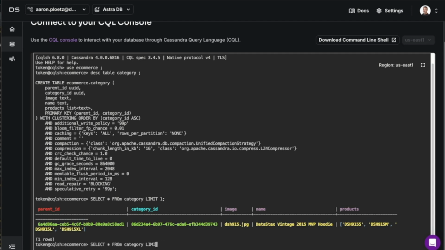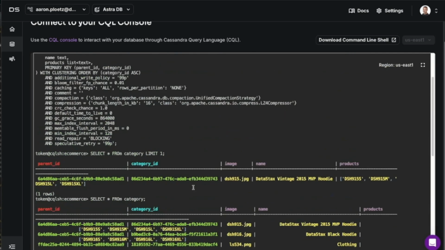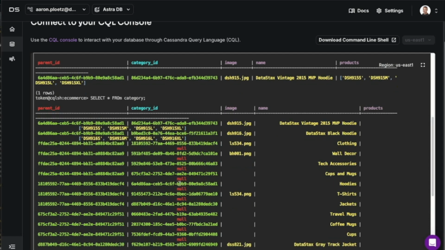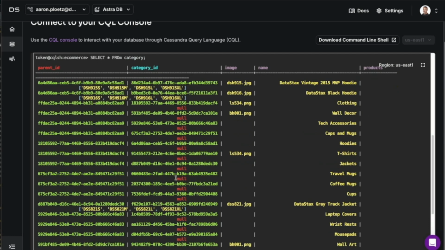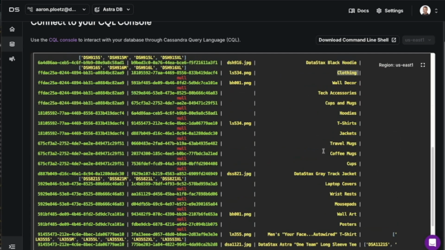If I get rid of that limit 1, let's have a look at everything. You can see that we don't have images and product lists for everything, because in this one, it's just clothing, and over here, our t-shirts.